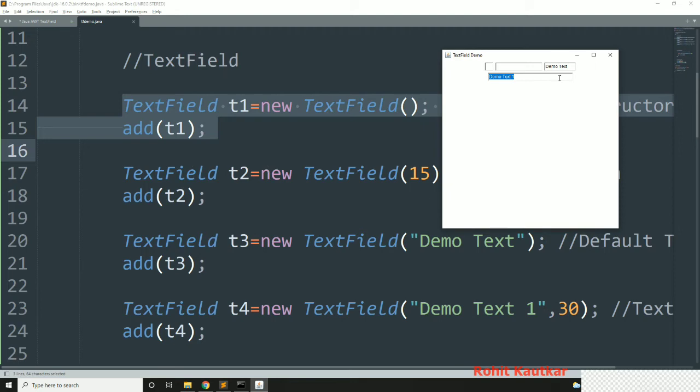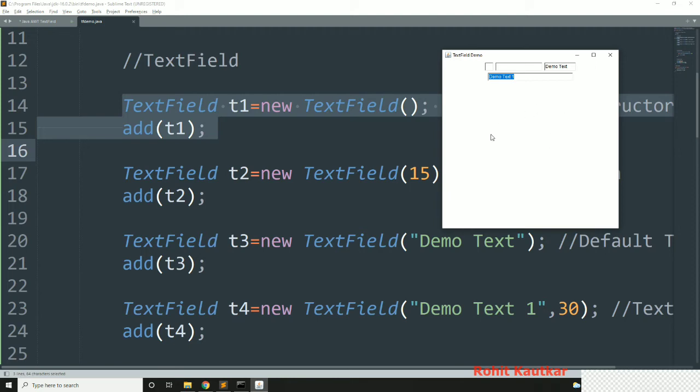Now, as per your requirement, you can control the appearance of this text field GUI component. Next we will take one simple program, where we will read certain text from a text field and set its value within another text field on the click event of a button.